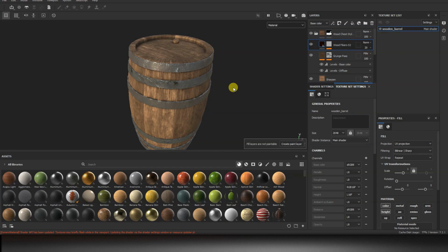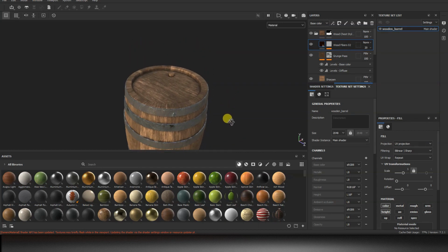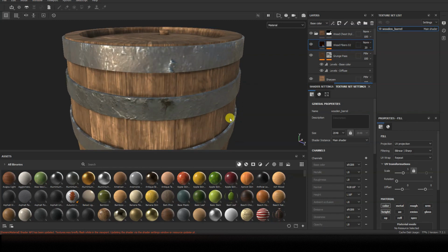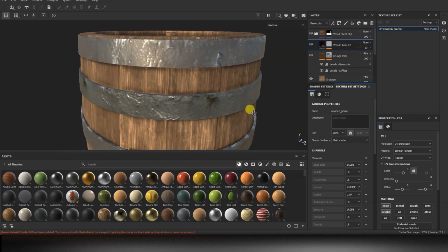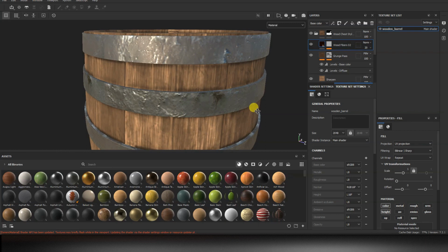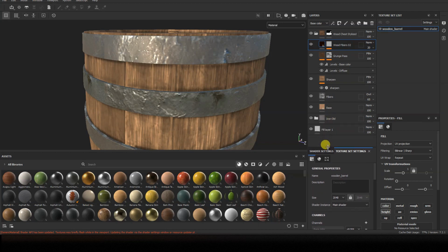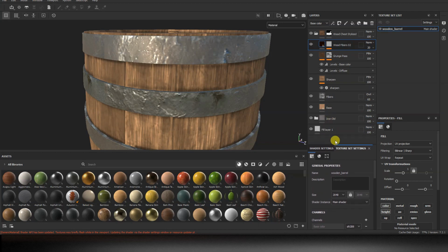It's possible to specify materials with two work methods, called workflows, which are metallic and specular. In the case of the metallic workflow, surfaces are distinguished between metallic and non-metallic, and based on this distinction, all the other channels behave differently. In the case of the specular workflow, on the other hand, the intensity and possible color tint of specular reflections are defined to determine how the light interacting with the object's surface will behave.